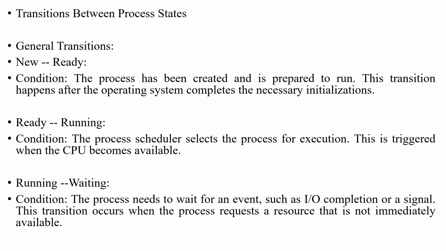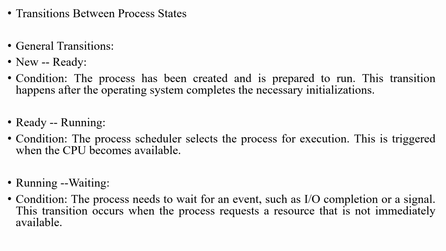transitions. New to ready: the process has been created and is being prepared to run. The transition happens after the operating system completes the necessary initializations. Ready to running: the process scheduler selects the process for execution. Running to waiting: the process needs to wait for an event such as input output completion